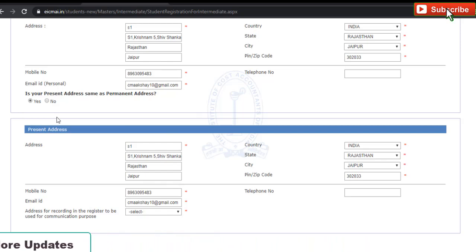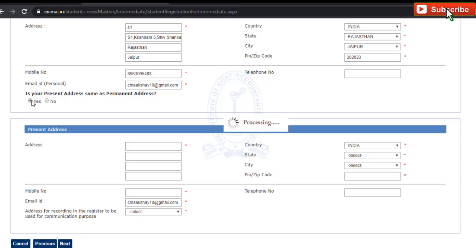If not, then select no, and you have to fill it manually. What is your present address? I selected yes. You have to fill all the details again if your present address and permanent address are not the same. It took the details automatically.